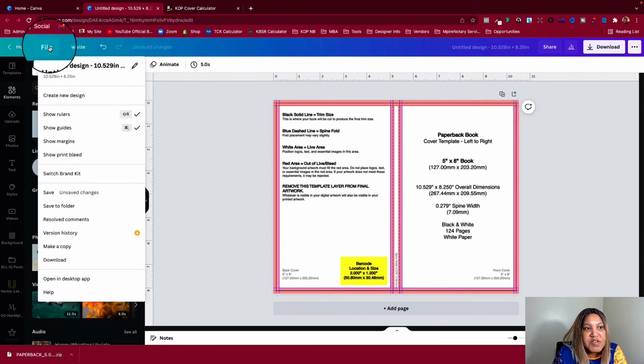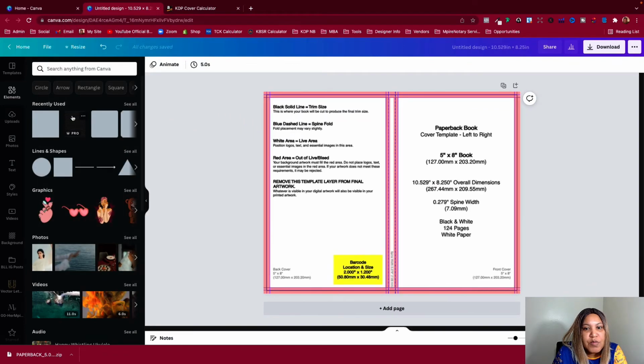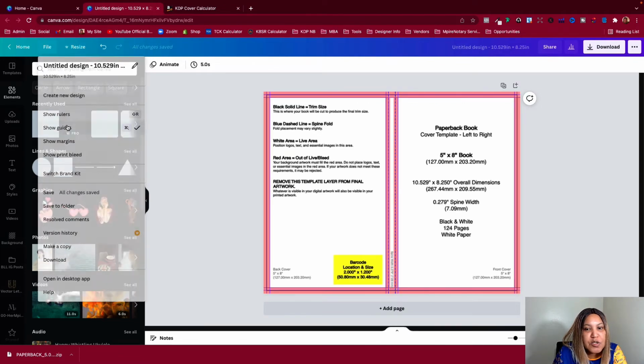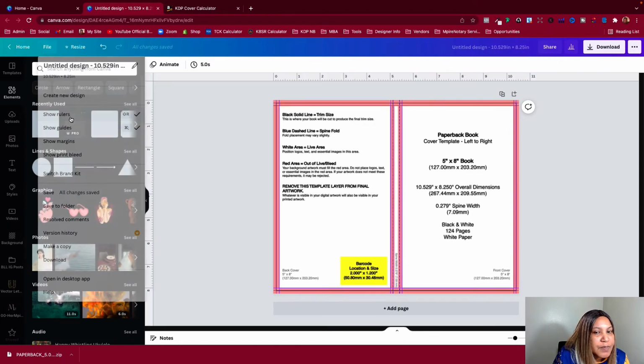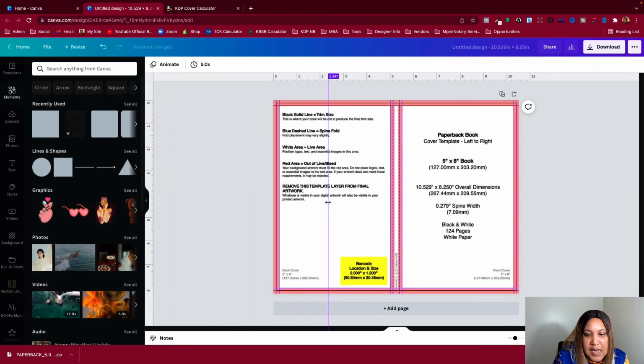And then you can go up to File and you can remove the Show the Rulers, and your guides are there. You can also turn off your guides, but you can also put your guides back on by just re-clicking it. Also, let me go back to the Show Ruler again,